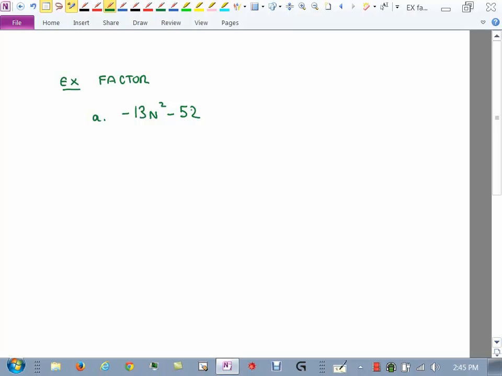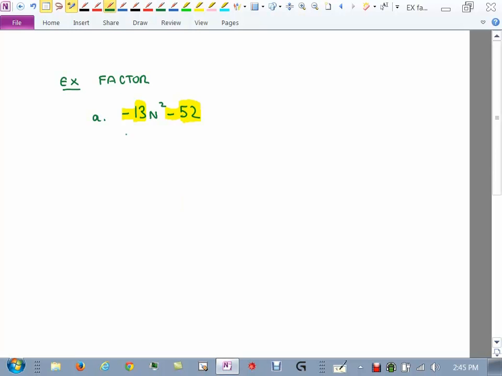All right, what's the first thing that we look for? GCF, right? A common factor. So what I like to do is look at the numbers first. I have a negative 13, I have a negative 52. Is there a number that goes into both of those? Yeah, 13 is a factor, right? They're both negative, so we could say negative 13. You start thinking about numbers like 2 doesn't go into each one of them, then you try some other things, and you realize, well, wait a minute, 13 itself goes into 52, right? How many times? 4 times. So we can actually factor a negative 13 out of this.